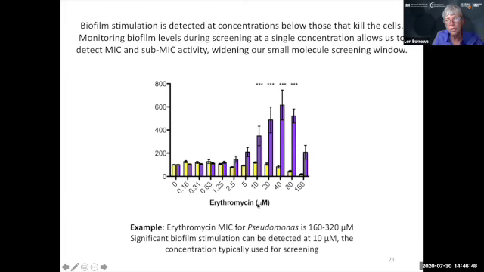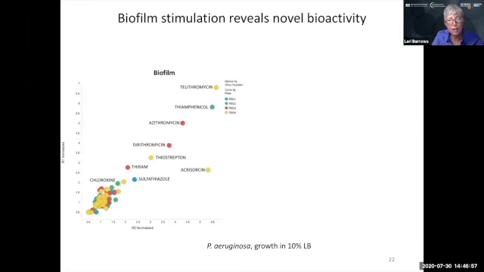So we've been using this phenotype to look for new drug activities in this previously approved drug library that I mentioned. So I'm just going to give you a quick story about one of the drugs that we found. So this is a data set, or a sub data set from that screen. And these are just 2 replicates of screening looking at biofilm formation. Most drugs will not affect biofilm formation, so you're down here at 1. A ratio of 1 means nothing's happened. But we're really interested in things out here that